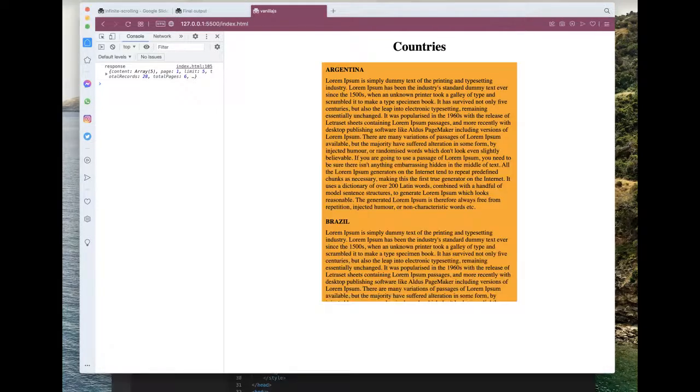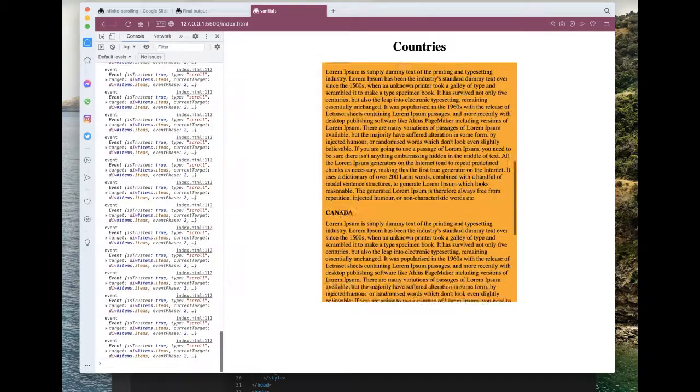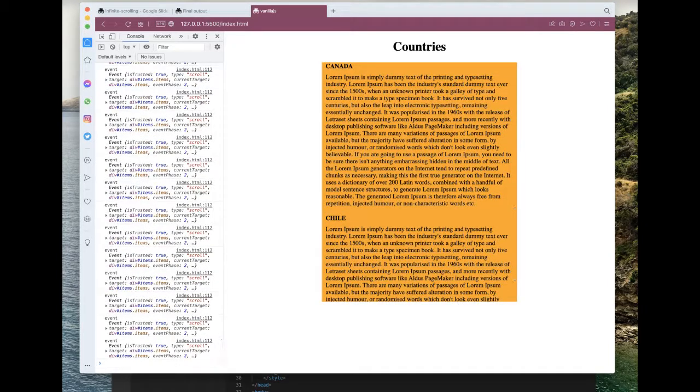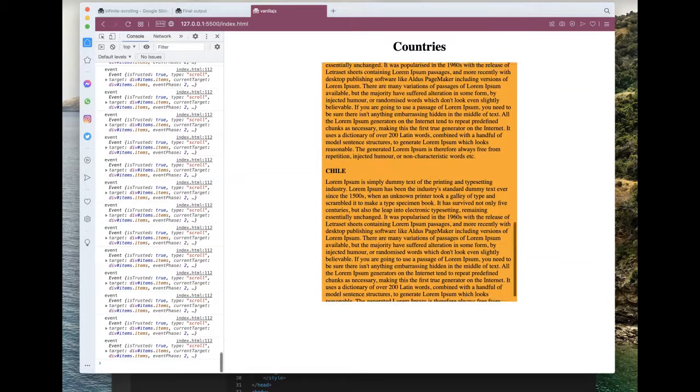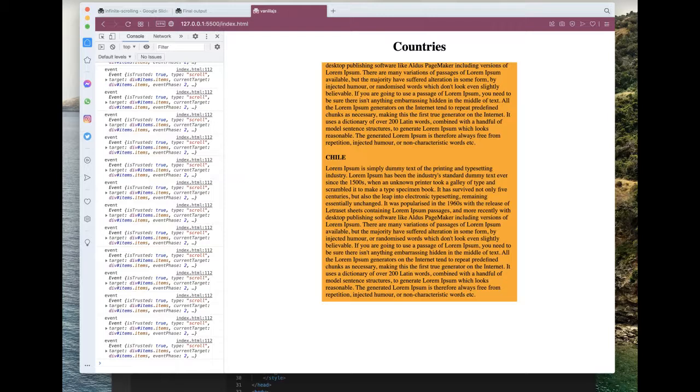We have added styles to our content here. Here you can see that events are getting triggered on scroll. The scroll bar has reached the end of the element, but we don't have any logic to invoke the API.